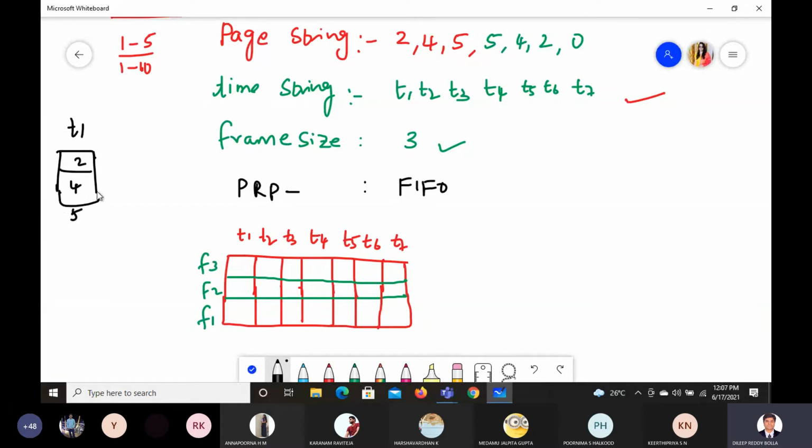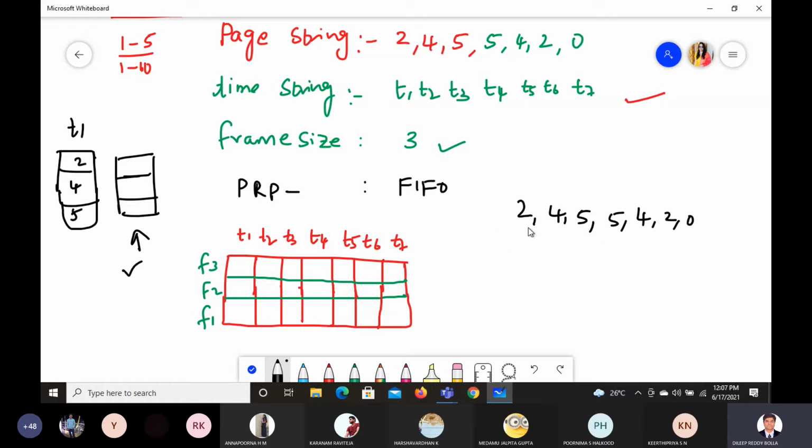They may be available, we don't know. Or they can be empty. Let us assume they didn't put anything, so they are empty. We are assuming it's an empty slot, nothing is allocated. Now when you start, you take up the strings 2, 4, 5, 5, 4, 2, 0, which is what we have taken.